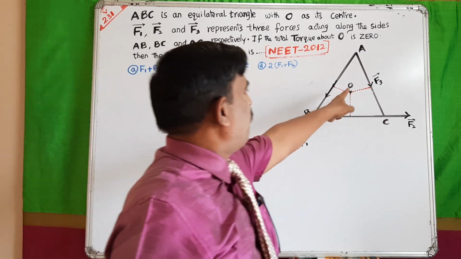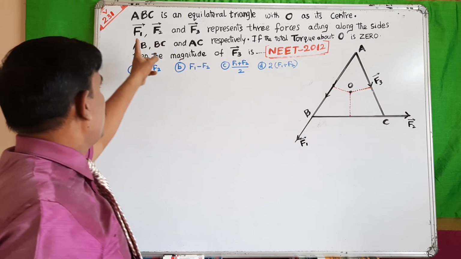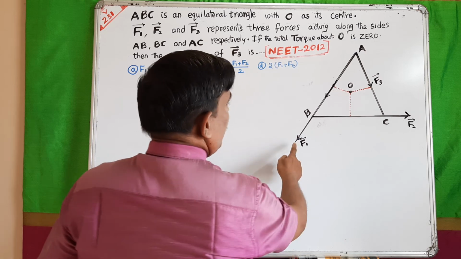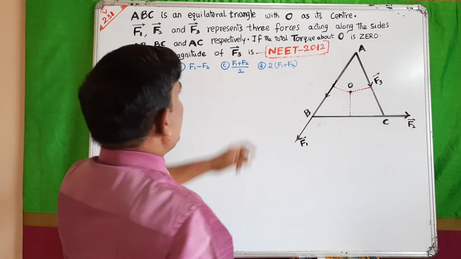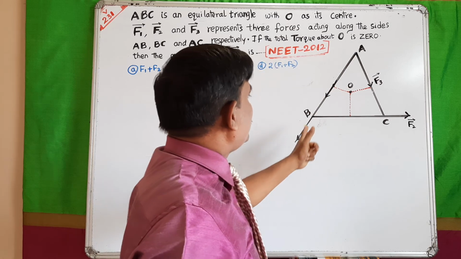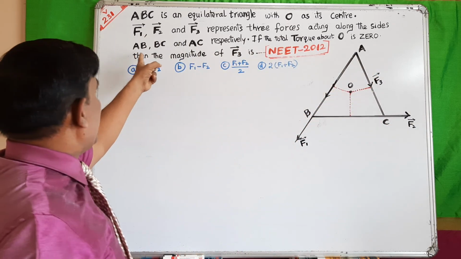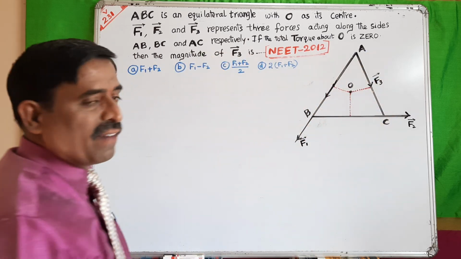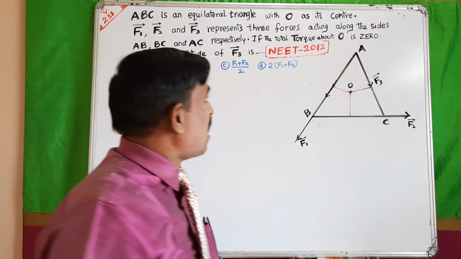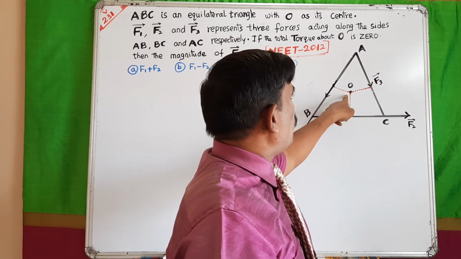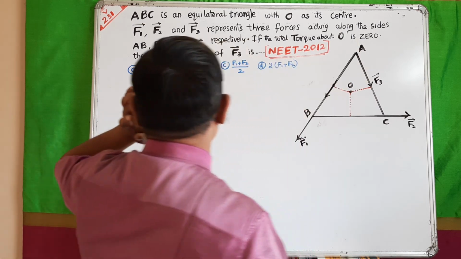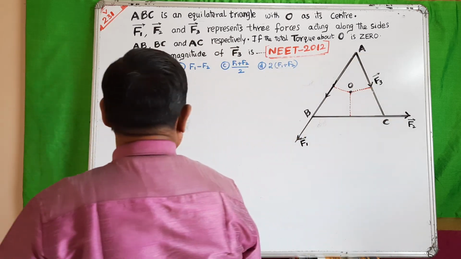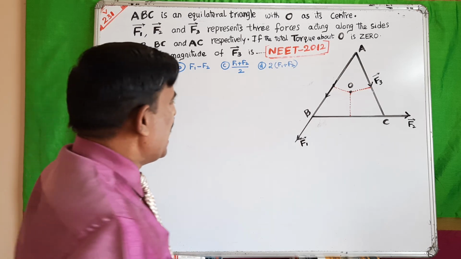Equilateral triangle with O as center. F1, F2, F3 represent the three forces acting along the sides of the triangle AB, BC and AC respectively. The total torque about the point O is 0. Then the magnitude of F3 is, now please listen, this is